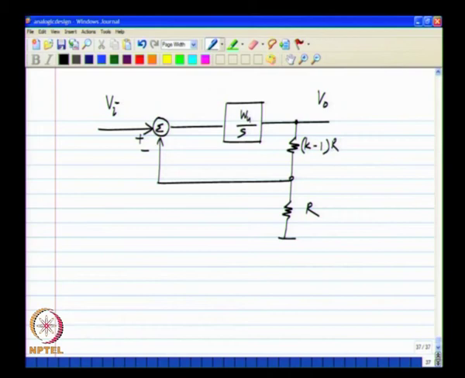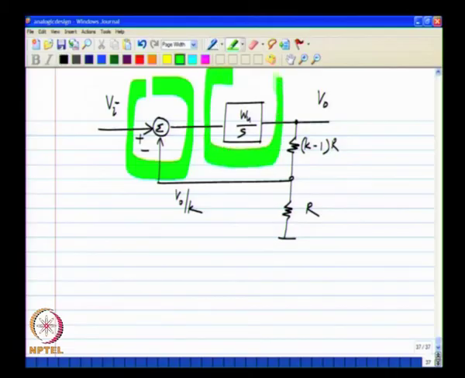So, I have drawn this circuit repeatedly, and this is our negative feedback amplifier. To make a negative feedback amplifier we have to have, first of all, a way to take the difference between the input and the feedback quantity, in this particular case between Vi and V naught by k, and we have to have a way to integrate the difference. Now, this negative feedback amplifier scheme is so useful that people have put in a lot of effort to put both of these into a single block, and it is a very useful block.